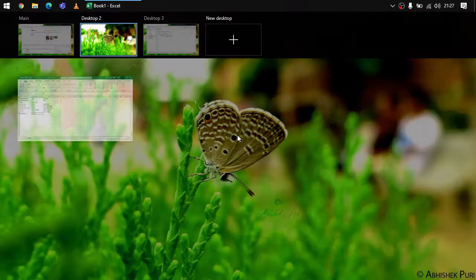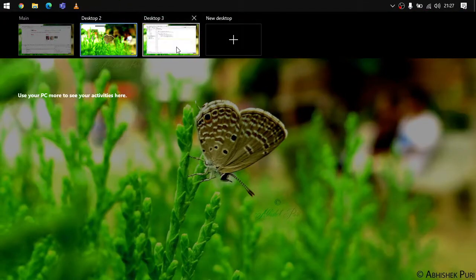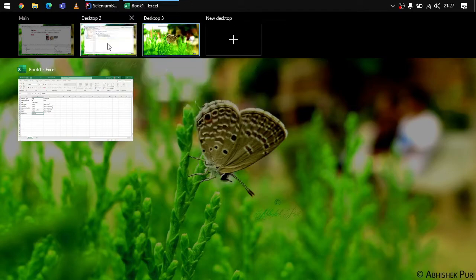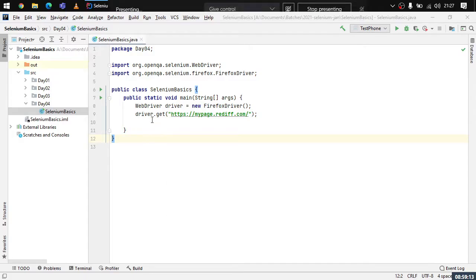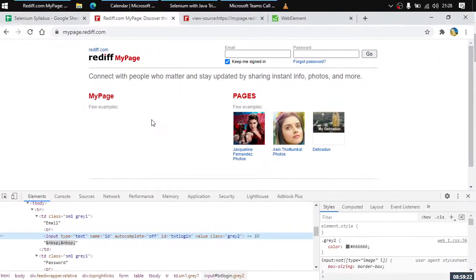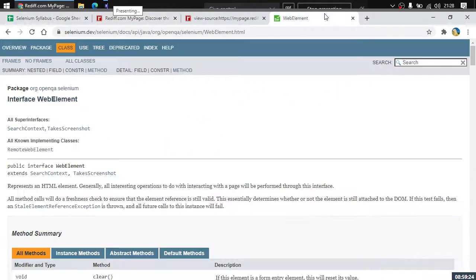Back in our code, we will be specifying a few things. We will be doing something here to find the elements and represent the elements on the page. Remember, we have this WebElement interface, right? This represents an HTML element on the page.